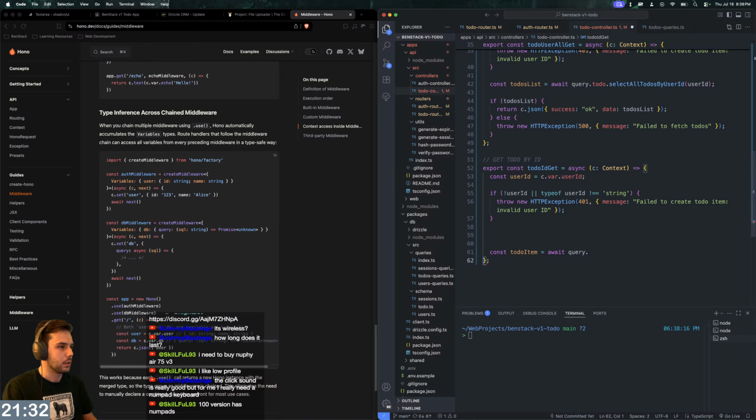Because I need the todo item ID, right? I need to get that from where? If it's a get, it probably needs to come from